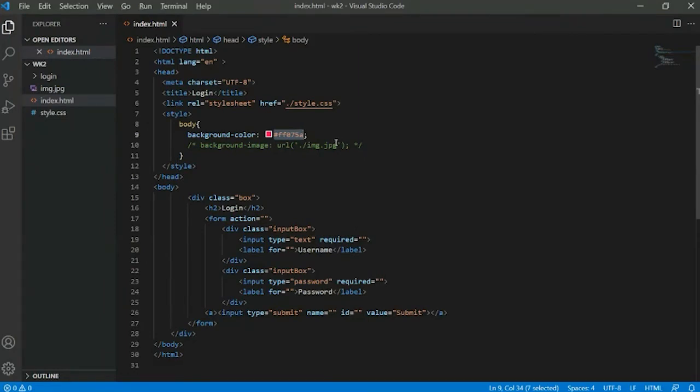This is a very nice feature with generally every code editor, but not very basic ones like Notepad. So this is one thing.